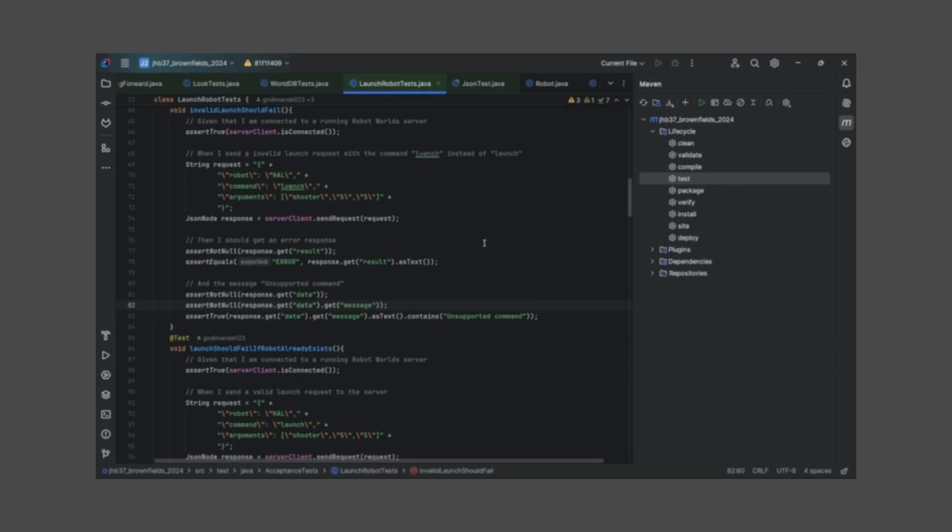For further validation, these assertions verify that the response contains a specific message. Assert not null ensures that there is a data field in the response. Assert not null, the second one, ensures that the data field contains a message field. Assert true checks that the message field contains the text "unsupported command", confirming that the server is correctly identifying and